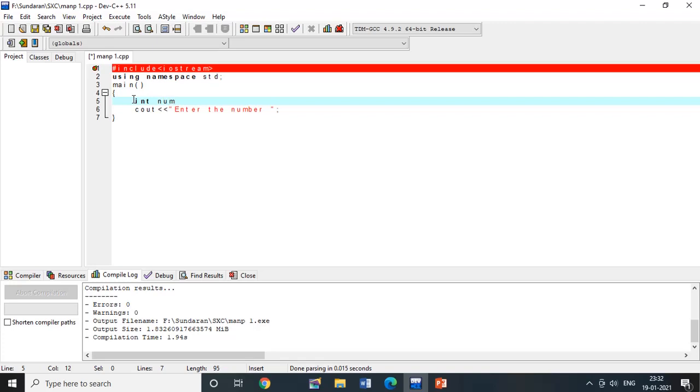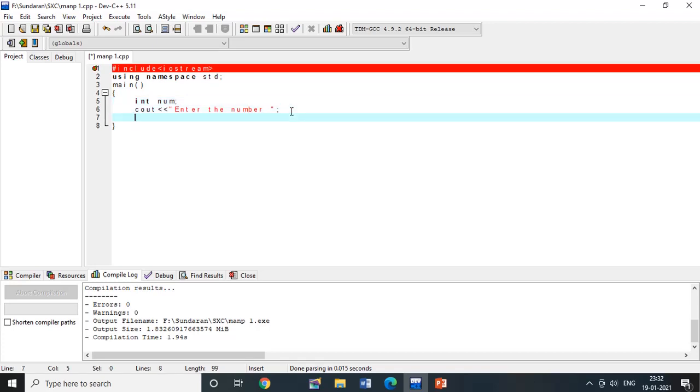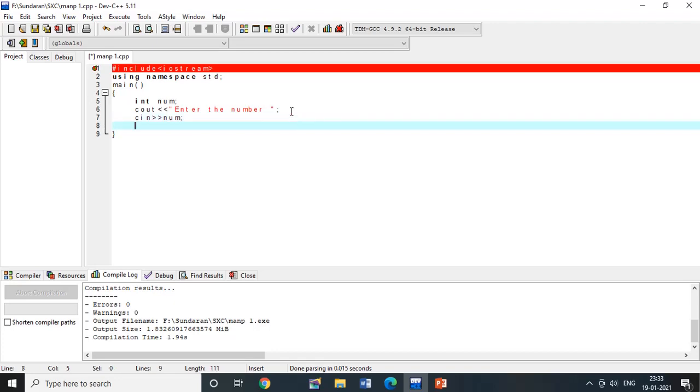Int number. Now cin is used with an extraction operator, and whatever is entered I will save into the variable number. Now cout